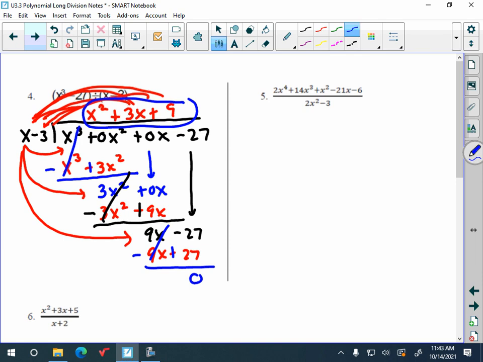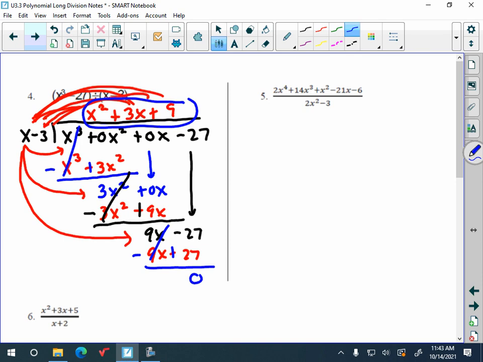One thing that we can also notice, our answers, as you're putting things up here, they're always going to drop in degrees. All right? Start with the highest, whatever it is, and then the next one's going to go lower than the one before it. Okay? And the next one's going to go lower than the one before it. So you can't start with an x squared and then all of a sudden jump to an x to the third. Okay? Doesn't happen. It's going to drop in decreasing order, just like this is dropping in decreasing